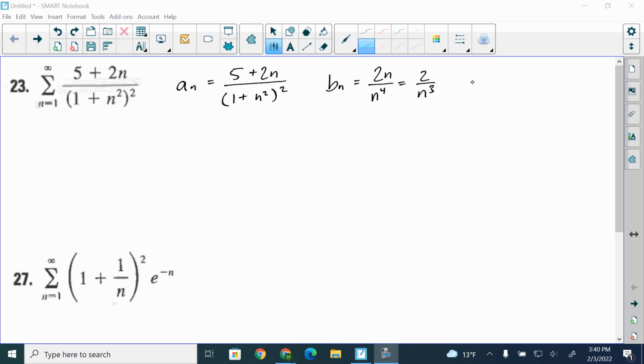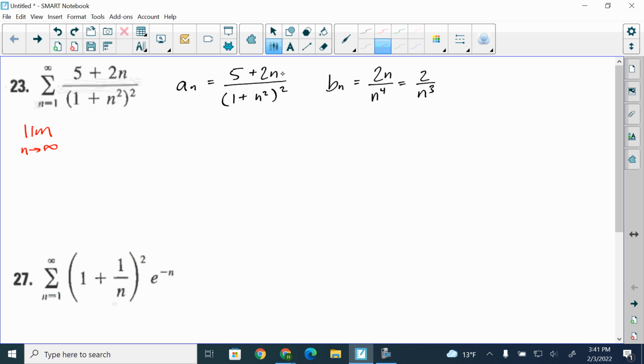And when I try to compare my a sub n and b sub n, I want to try to figure out which one's going to be larger. And here, it looks like it could be kind of either. It's kind of hard to tell, because this one we're adding 5, which is larger than adding 1. This one we're squaring. So I kind of feel like this denominator is going to overpower it, which is going to make it less than or equal to. But I'm not positive, and if I'm not positive, I might just jump to the limit comparison test, because if I jump to the limit comparison test and it works, then I don't have to be in this 'okay, I'm pretty sure' situation. So to do the limit comparison test, you take the limit as you go to infinity,